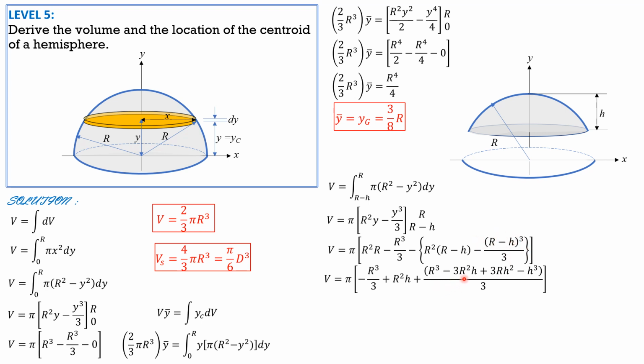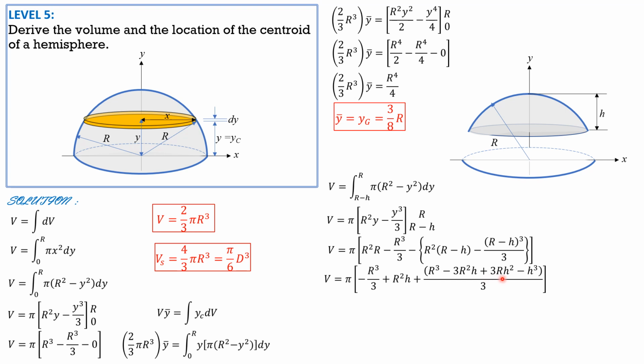So the square of r is r square. So we have the expansion here: r cube, the first term cubed, minus 3 times the square of the first, so 3 times r square, times the second, which is negative h. So that's why you have negative 3 r square h over 3. Then for the third term, 3 times the first, then square of the second, so that's why plus